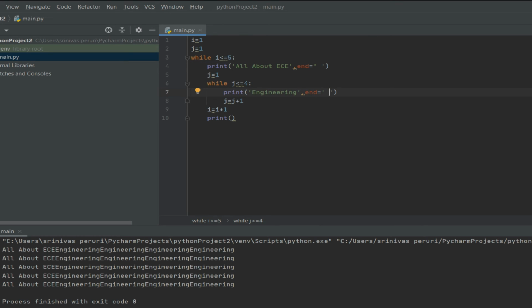Let's run this one. Yeah, so I hope this is very clear. When you want to write the same thing in the same line, you need to use end. If you are not specifying the end value, then it automatically goes to the next line.